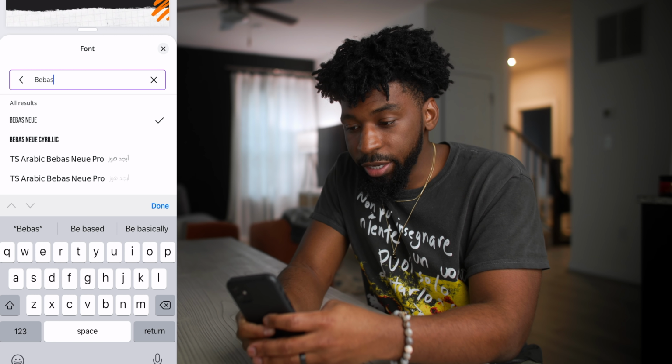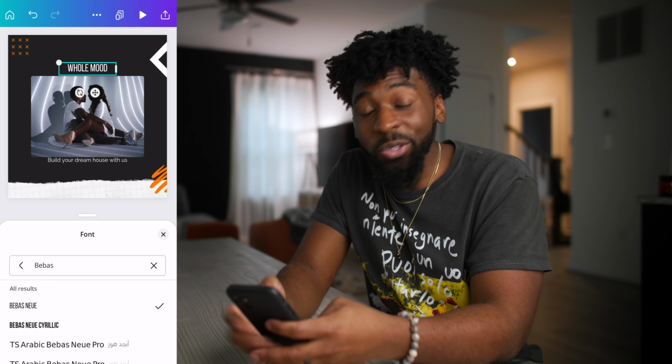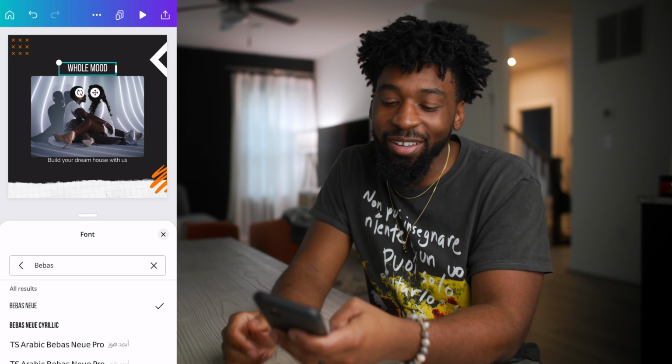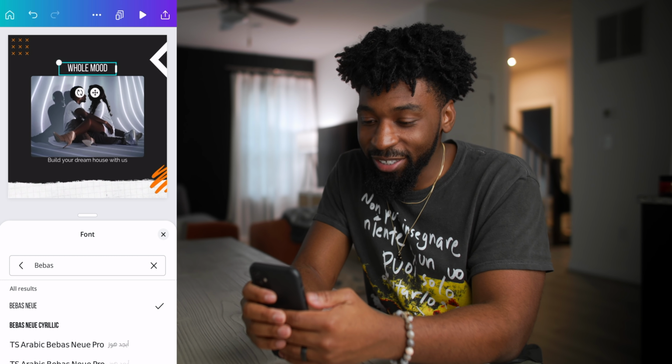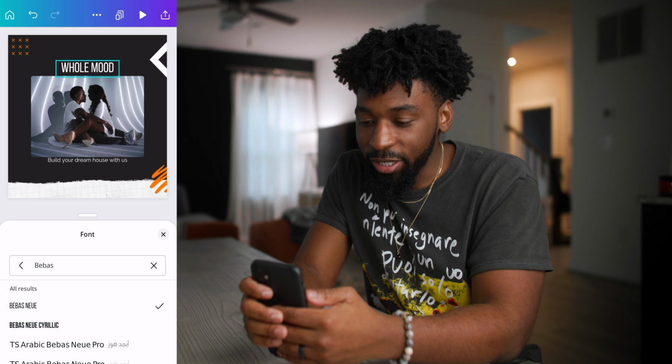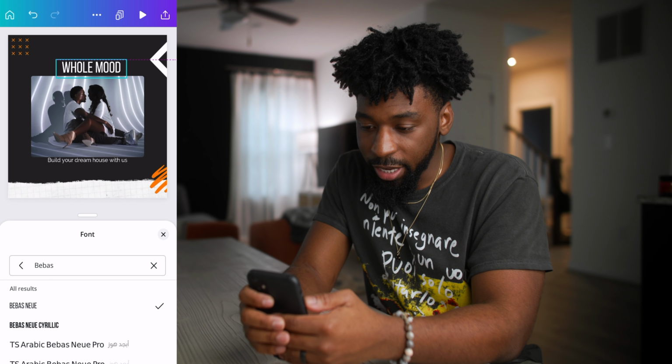There we go, right there. That's my font I use for everything. You wanna use my font that I use for everything. There it is, you know, that's the one, I'm telling you, that's the one. All right, so I'm just gonna scale this up. I wanna make the title a bit bigger, and I'm just gonna make sure it's centered with the template, and